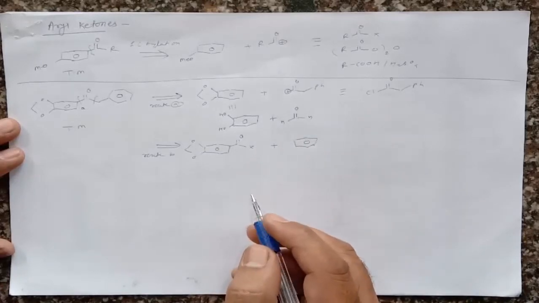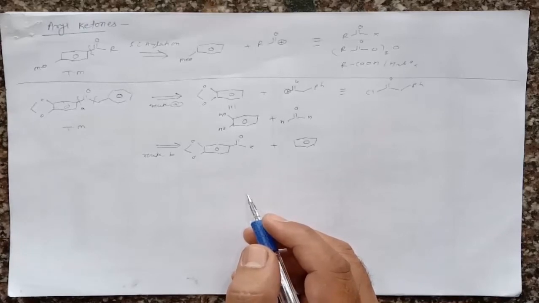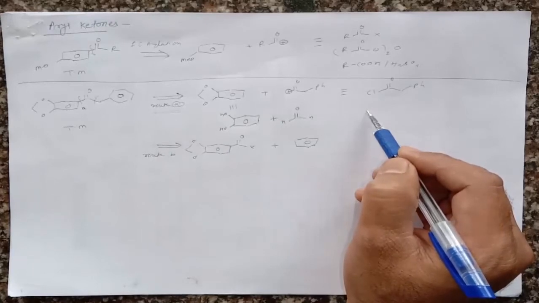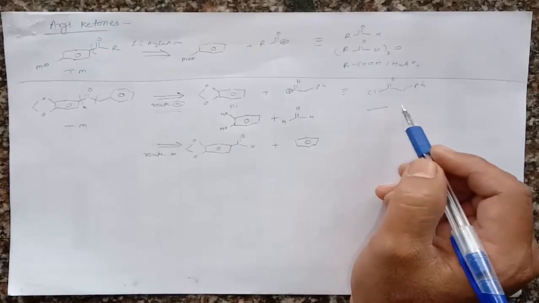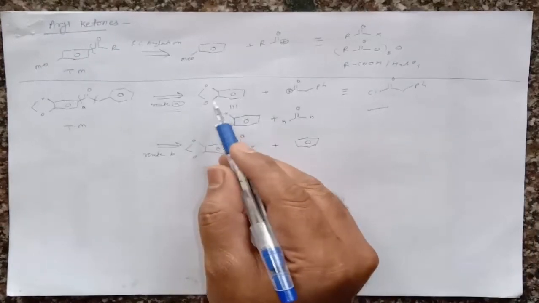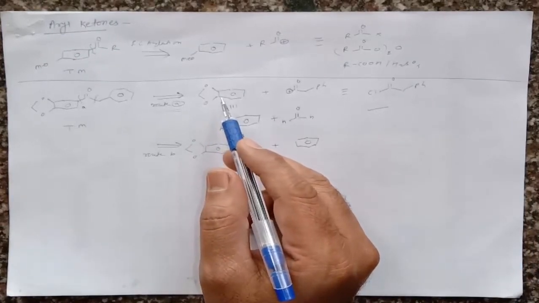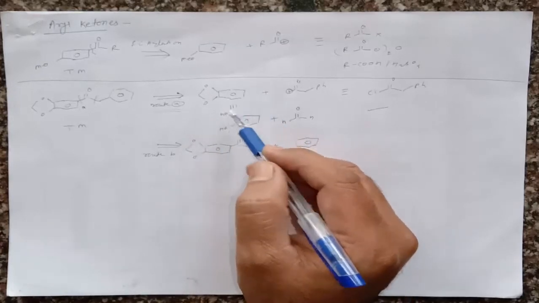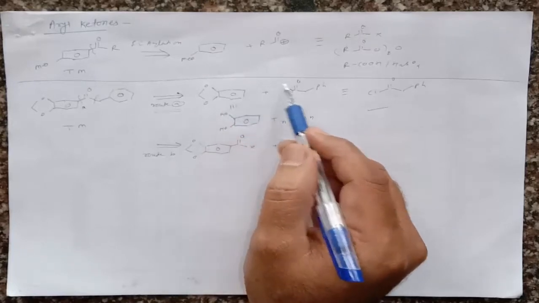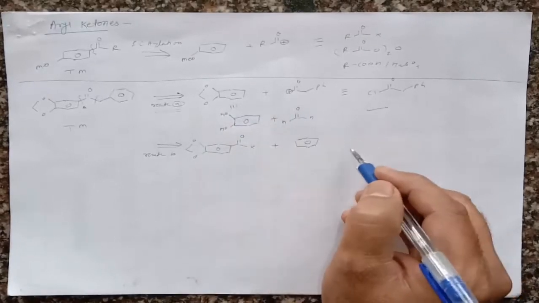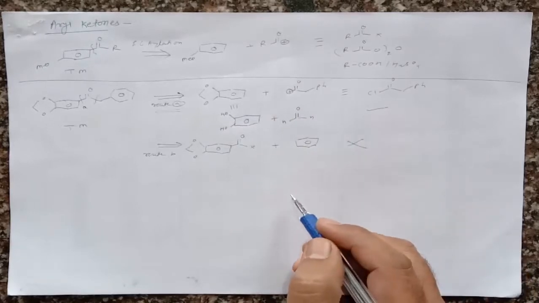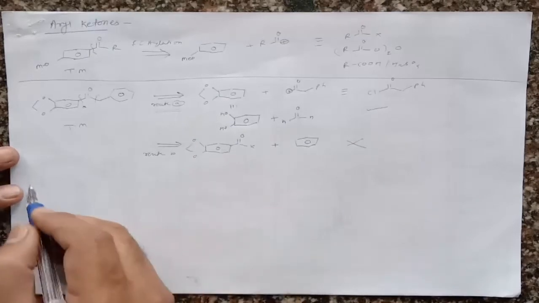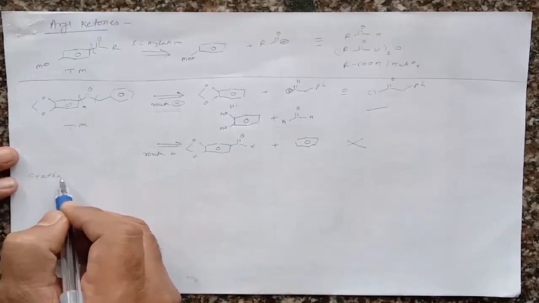But if we see, disconnection A looks better, because the reaction will proceed with FC acylation, and also the aromatic precursor, that is this acetal, the ring is more activated by electron donating oxygen. So this benzene ring is more activated, and it will easily go for FC acylation, and therefore route B is not as good as route A, and route A will give a better result. If we go for the synthesis, it is very simple.